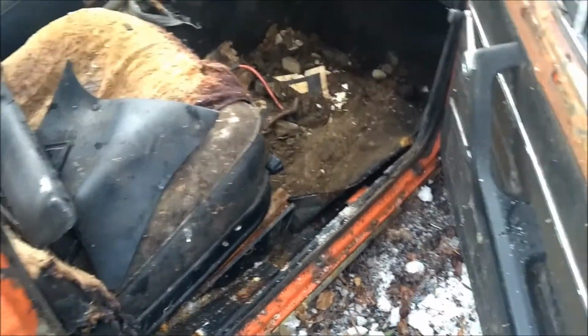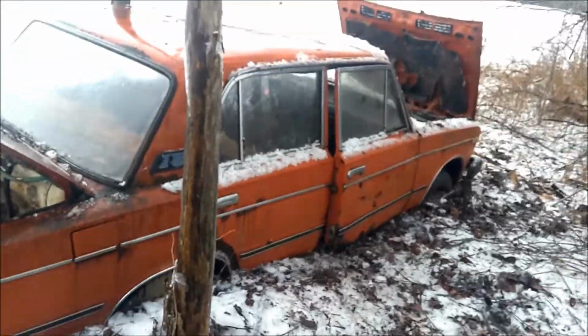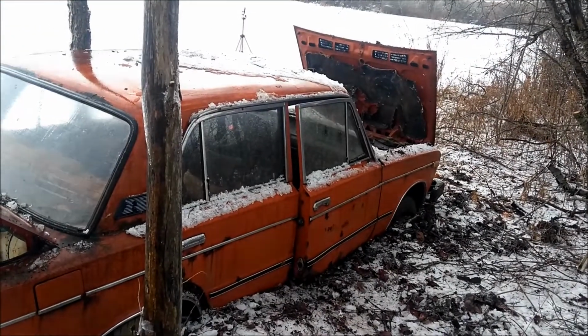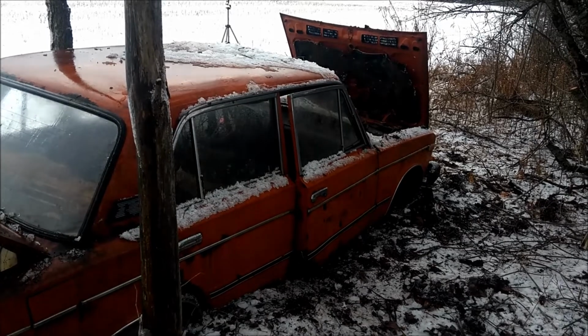A little more strength. Oh, of course, door doesn't shut. Yeah, that's how she sits at the moment. It's going to be a lot of work, but again, parts are cheap as hell for these, and I have plans that are going to remove a lot of the original metal anyway, so